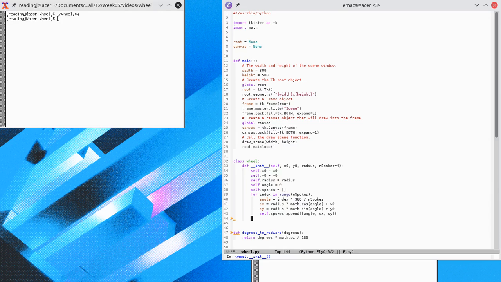And then we're going to say self.oval equals canvas.createOval, and it's got to be x naught minus radius, because you draw an oval by giving the corners of a rectangle that contains it. And I want to think of my wheel as centered on a point with a radius. And so this translates back into the terms of the window system, of Tkinter: xo minus radius, yo minus radius, xo plus radius, yo plus radius,